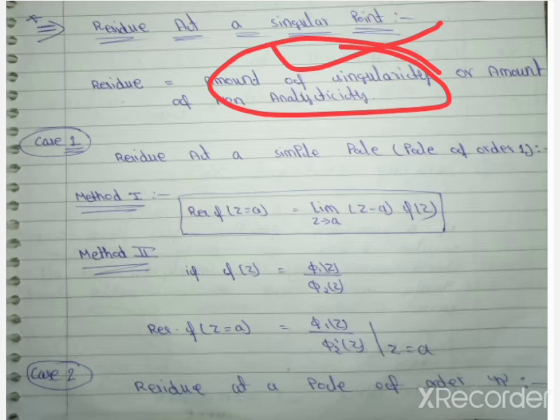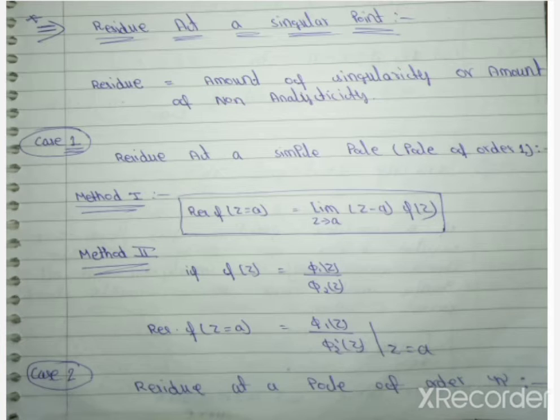Or what is a simple pole? If for our given function the order of the pole is 1, then we will use method 1 or method 2. When we will use method 1 and when we will use method 2, we will discuss. We have to discuss method 1 and method 2. Method 1 is used,